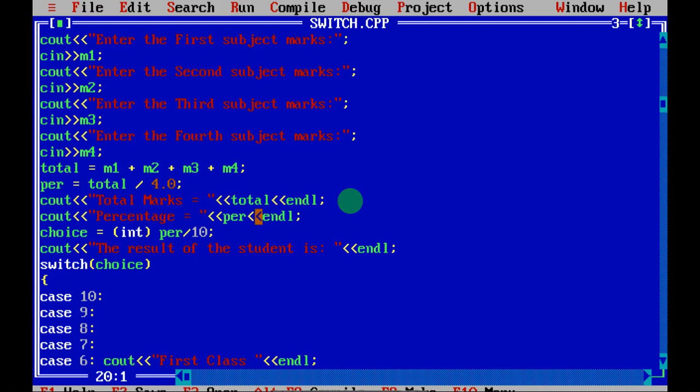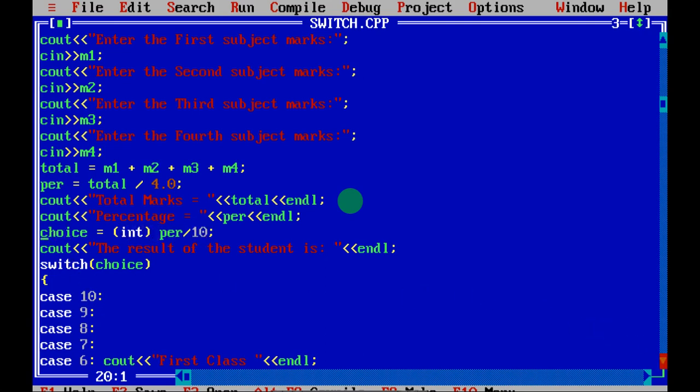So till here you need a floating point number, so you have given float, PR as a float. After this you need only integer type, so you are going to convert PR implicitly into an integer. So percentage divided by 10, whatever value you get, that will be the choice.